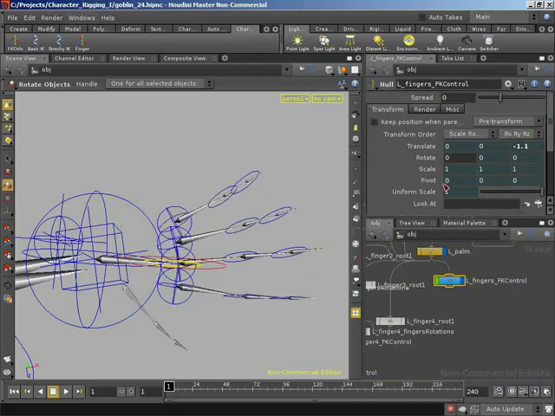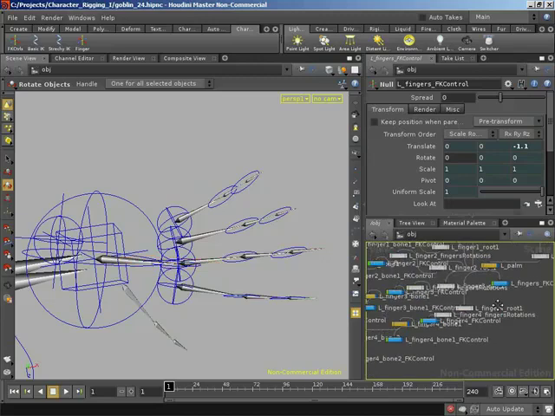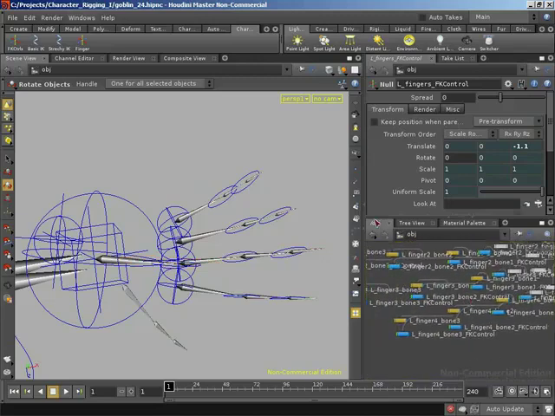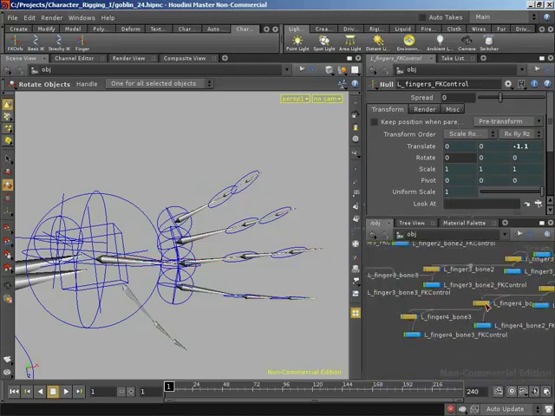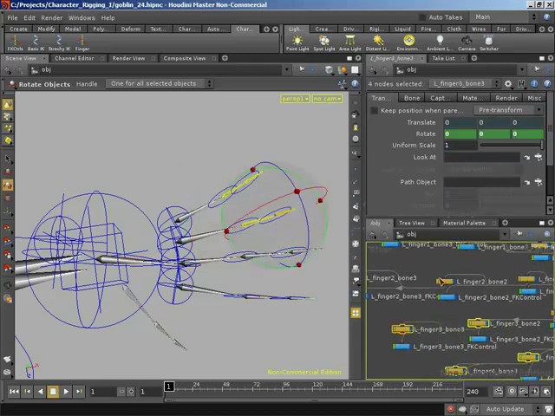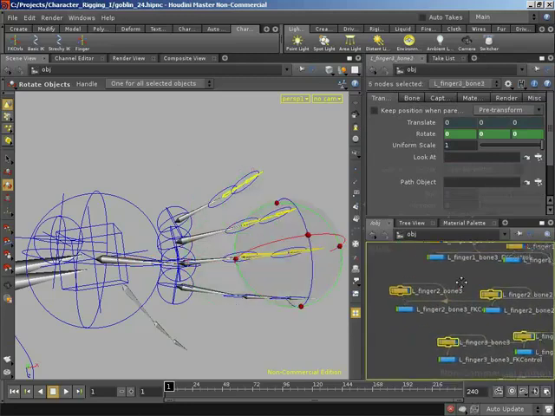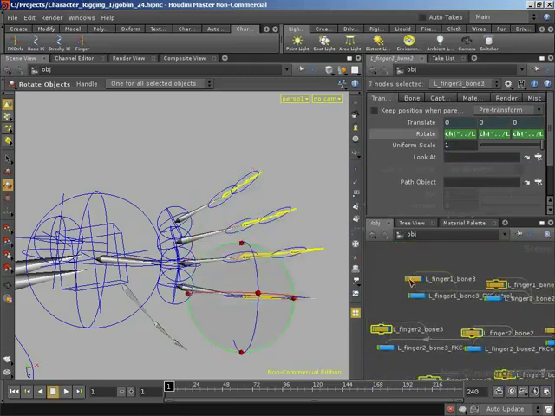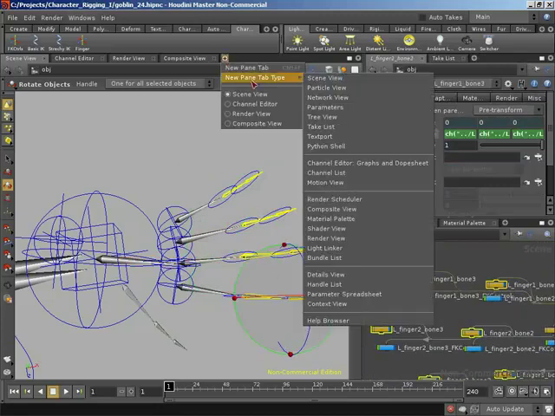So all that's left to do is to link up the remaining bones in our fingers so that their rotate X references that controls rotate X. So I'm going to do this by writing a small Python script just in a Python shell. So I'm going to grab all of the lower bones. Obviously our upper bones, because they're parented in, they don't need to be affected, they're already affected, but the 8 other finger bones, I'm going to select them. I'm then going to bring up a Python shell,